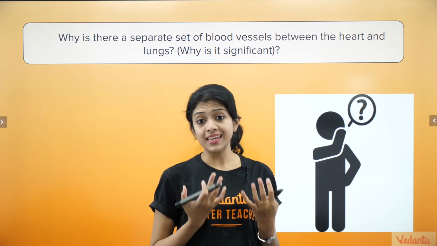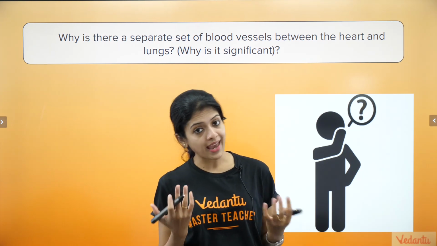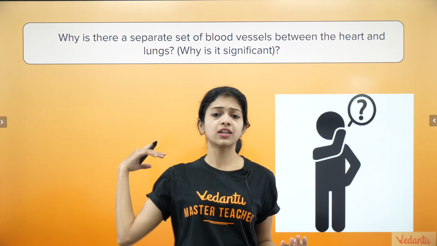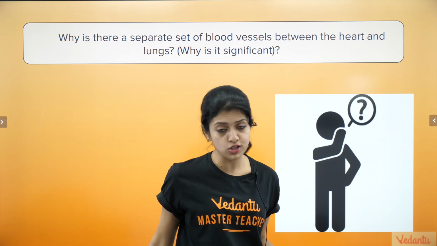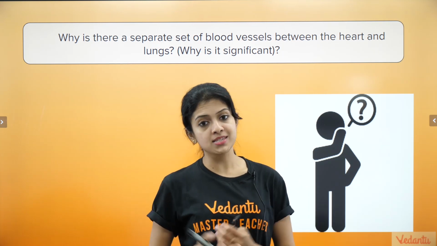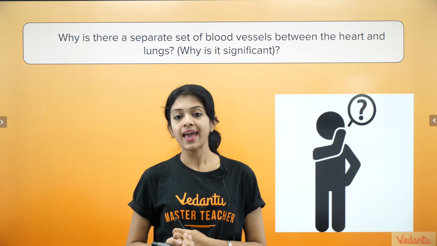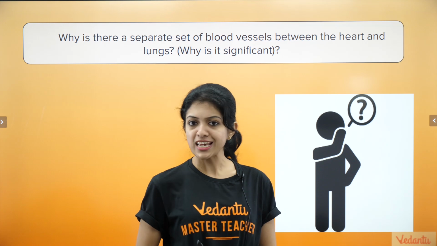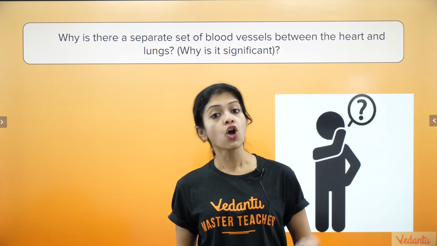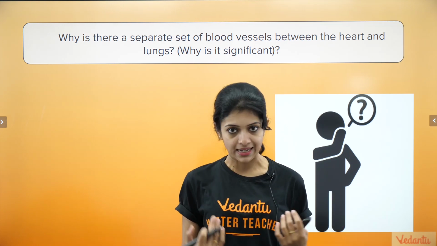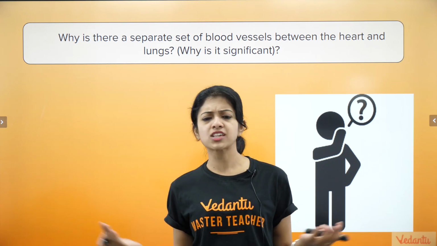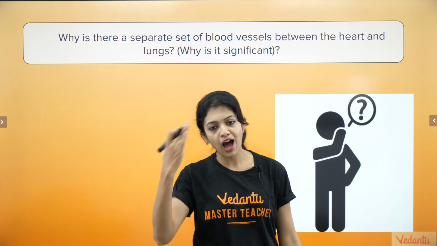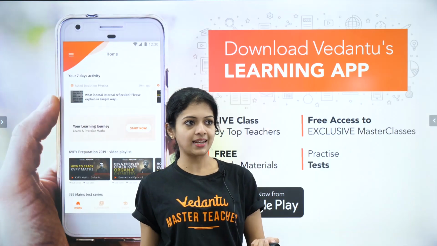Why can't the aorta, just like I told you, the aorta pumps blood to the rest of your body, right? Why is it that aorta cannot pump blood to the lungs also? Why do we need a separate system? That is what my question is. Based on your understanding, based on what you think, please post your answers in the comment section or in the chat box, or send me an email with a typed text or your handwritten text or whatever works easy for you. I just want to see how your thought process has worked in understanding this.